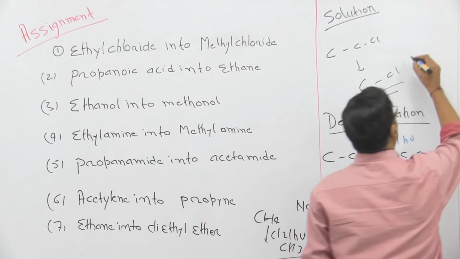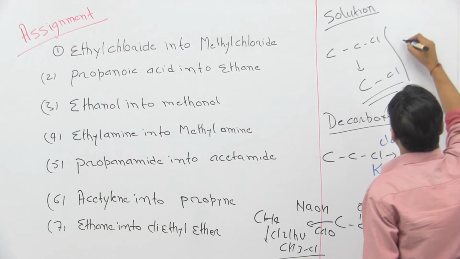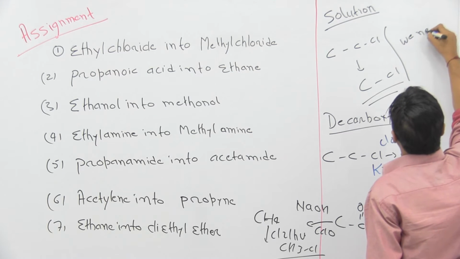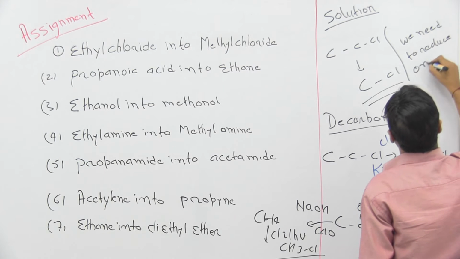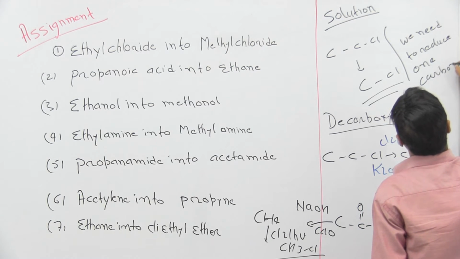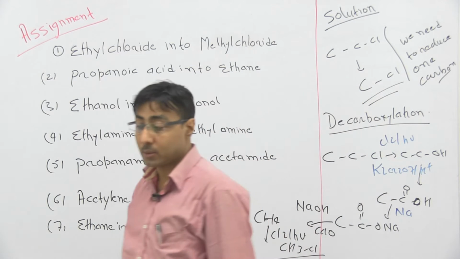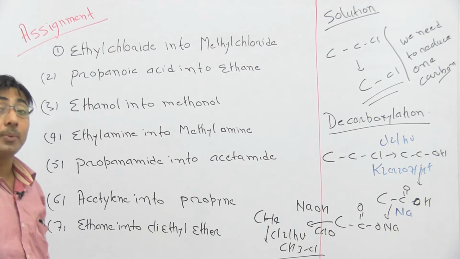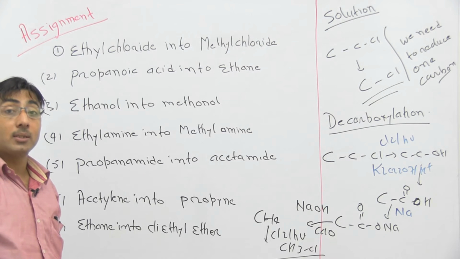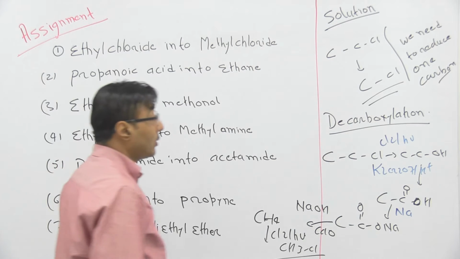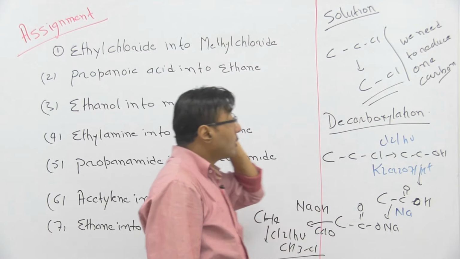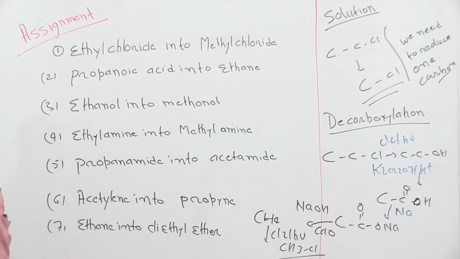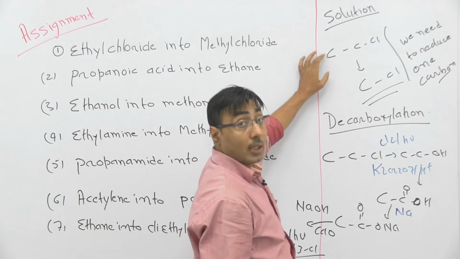So what we did: in this step we need to reduce one carbon, and we have two methods to reduce the number of carbons. One is the decarboxylation method, and the next one is the Hofmann bromamide method. So we use this decarboxylation method to get the answer, and the answer is, we converted this